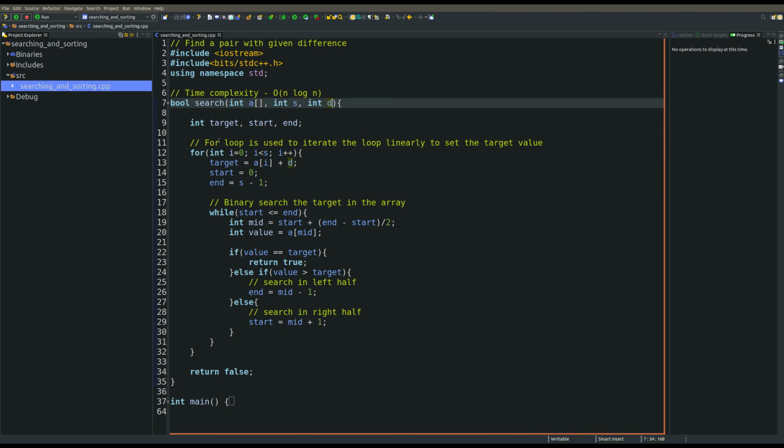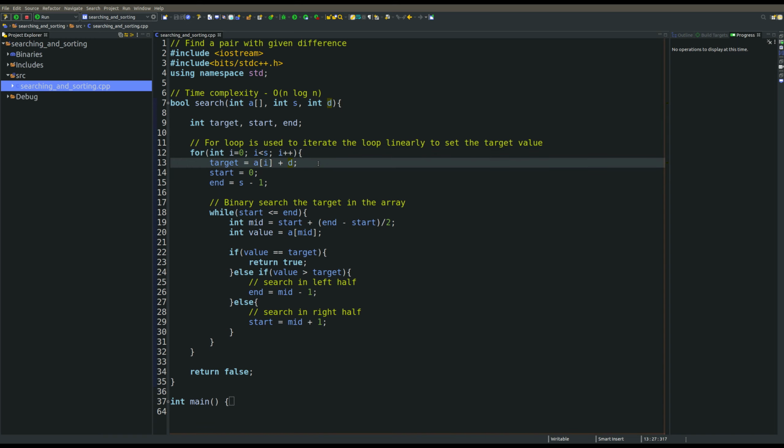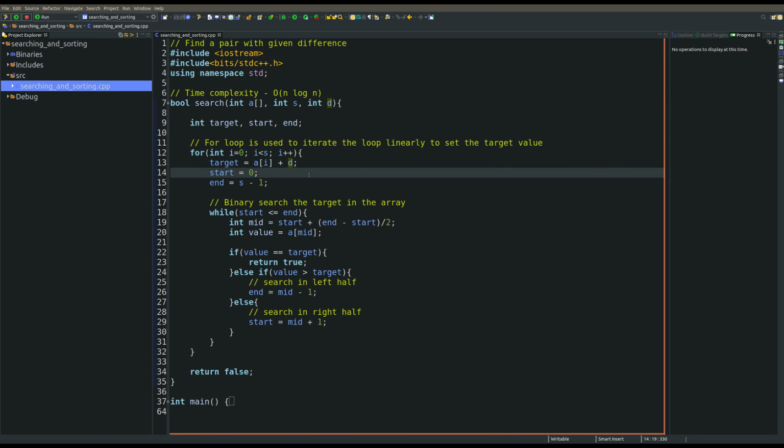First we use a for loop to set the target as a of I plus d, and for resetting the start and end indices for the binary search. Now for the binary search we use a while loop that runs until the value of start is less than equal to the value of end. We find the middle index of the array and store a of mid in the variable named value.